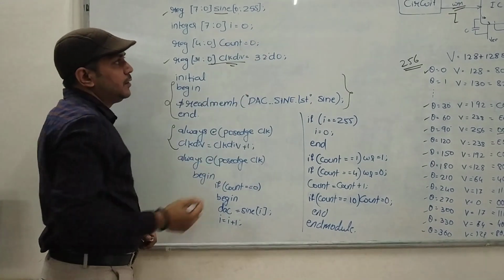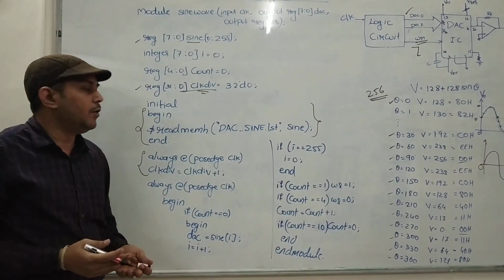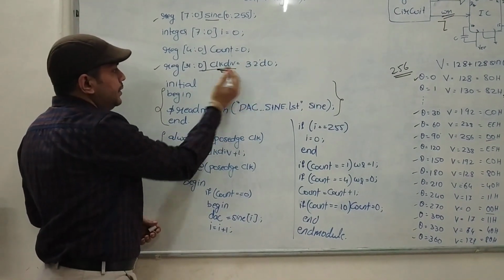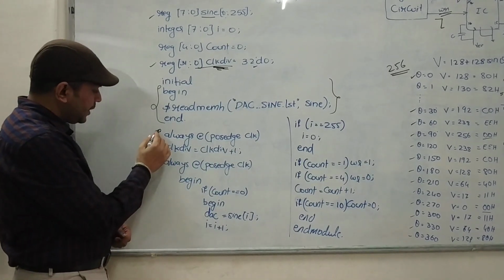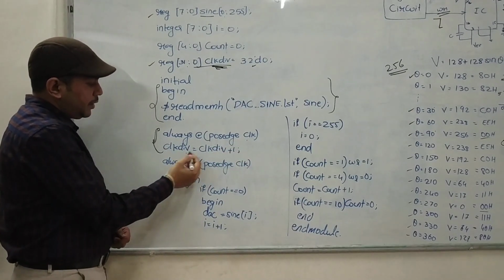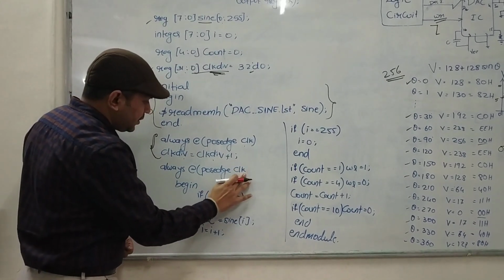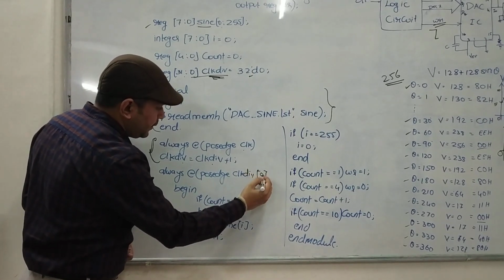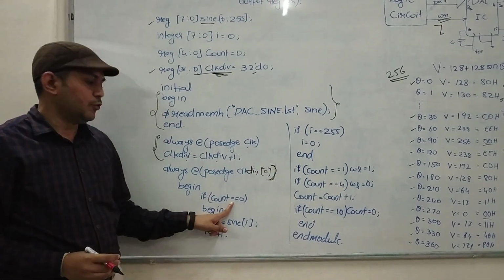There is one more part in the question: we have to generate half the frequency. So how to do it? For that I will take a variable called clock_div, which is 32-bit, and I have initialized it to 0. So these two statements I will add here, where for the positive edge of the clock I am counting clock_div. Okay, clock_div equals clock_div plus 1. Here I will include, instead of clock, the positive edge of the clock_div, and reset it to 0 here. So it means that for every 2 clock pulses we are counting.